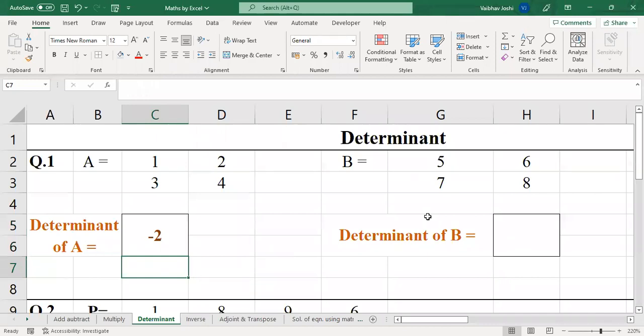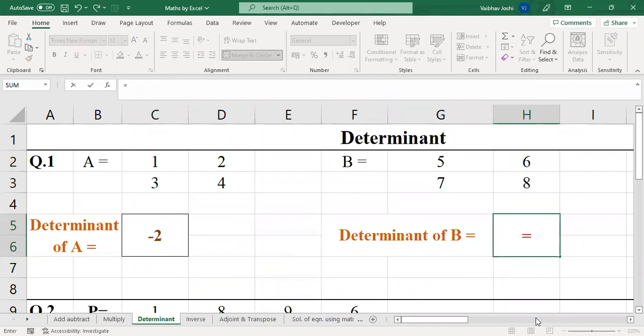Let us understand how to do it for matrix B. Whatever the order may be, the procedure remains the same. Now here also B is 2 by 2. Let me go to this cell to show the answer. I'm putting the function in place,